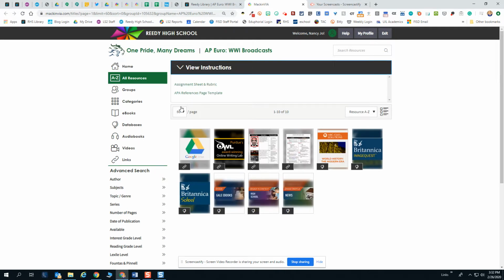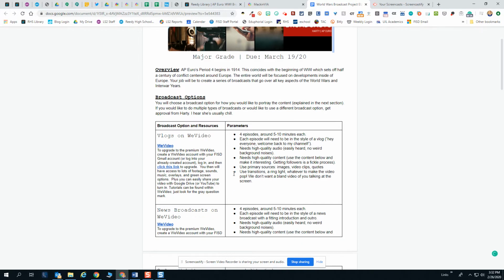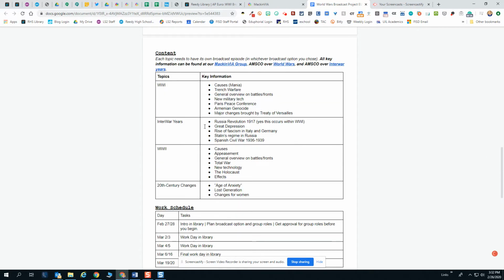You'll notice up here in the view instructions, if you click on this assignment sheet and rubric, this is going to bring you to the assignment sheet for this project. So you have the overview, your broadcast options, and then you have your content down here. So here's the content that you need to access, and then you'll notice key information we found in Mac and Via group, as well as the two links